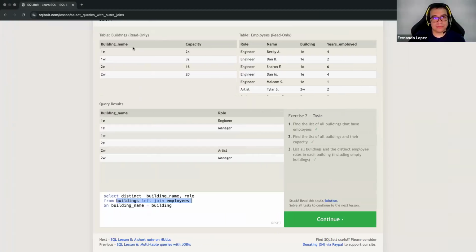Let's see. I need to open VS Code for this part of the class.